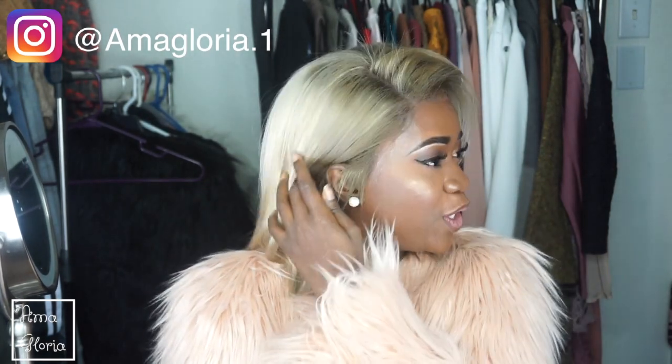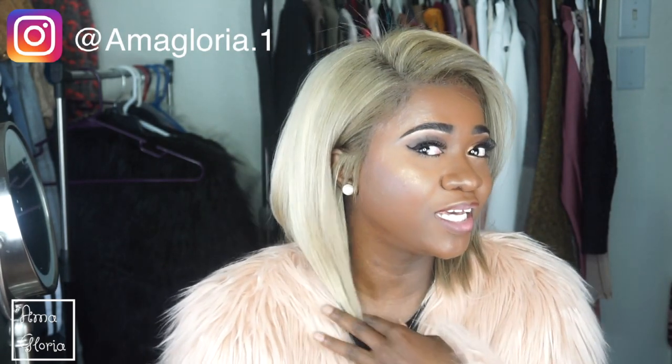So this is the final look. My hair is cute and whatnot. Freaking cute. I really like this hair. This is like the first time I rock this color and I really like it. Ooh. I really like this hair. Oh my gosh, it is so